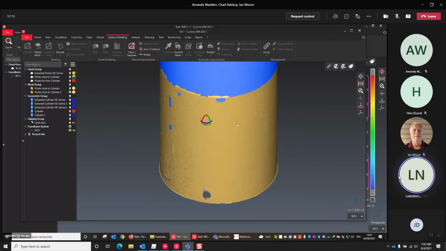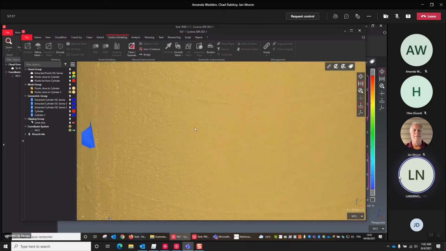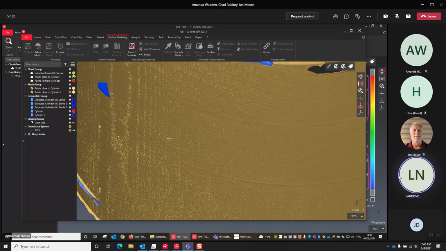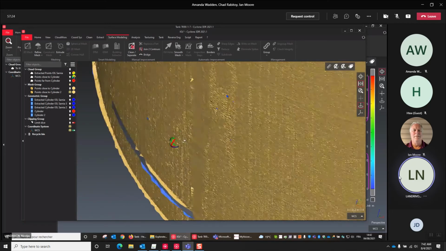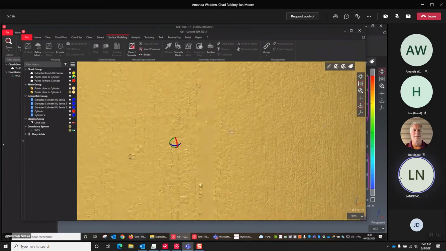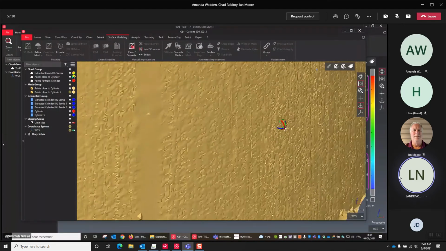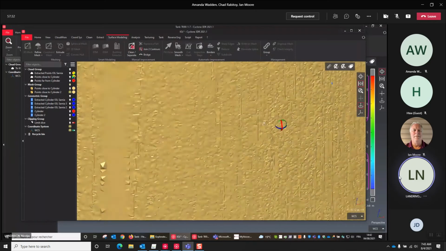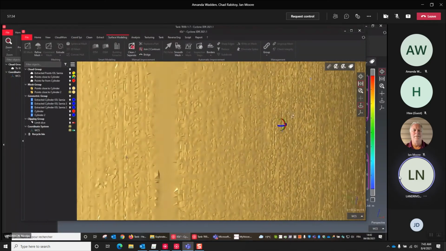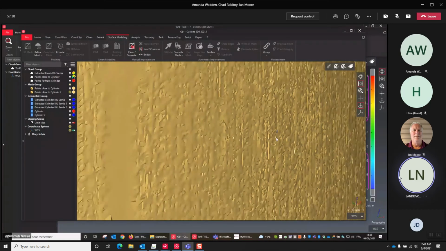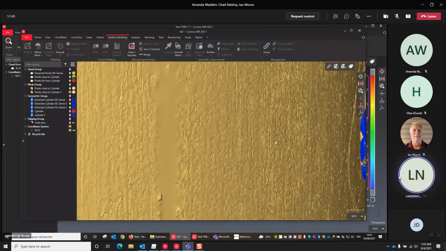So if you check the quality of your mesh, you will see more details, but also this orange skin effect. You see here the triangles are not very smooth. The surface is not smooth because in fact you've got noise.